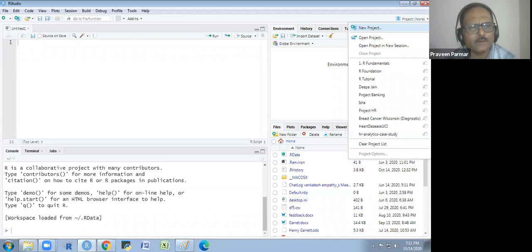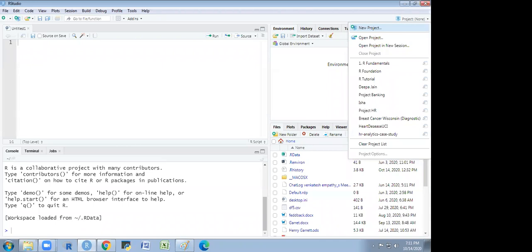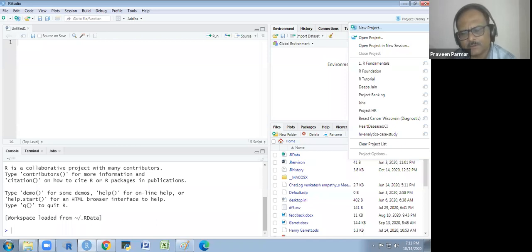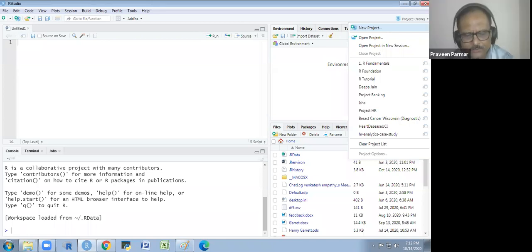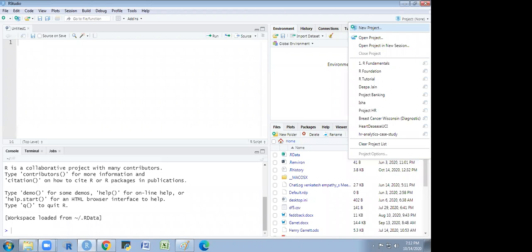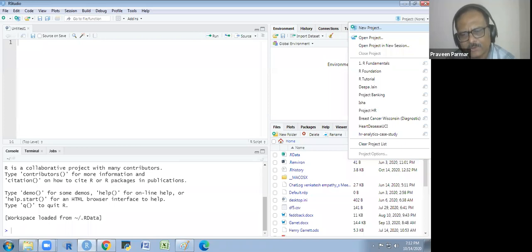Excuse me, sir. When I'm downloading the R Studio, which one is the better drive? Shall I put it in C drive or some other drive? No, you don't change the path. Whatever the default path it is taking, just run it. In C drive I have my Windows and MS Office, so let it be there only. By mistake I did it in D drive, so I think the library I'm downloading will mismatch. It will not get the path. We would have to change the path also at that moment.